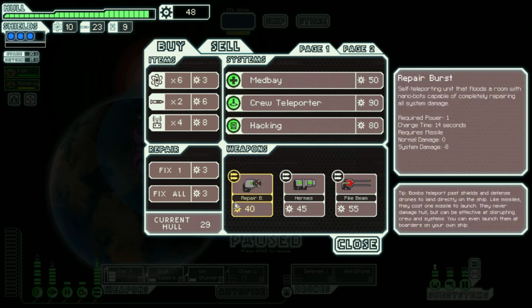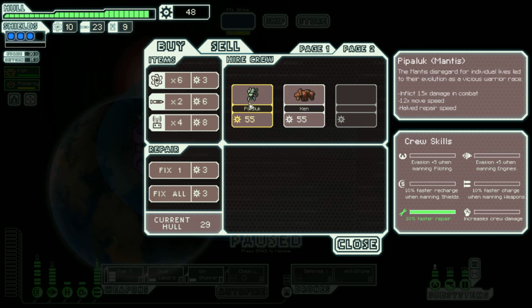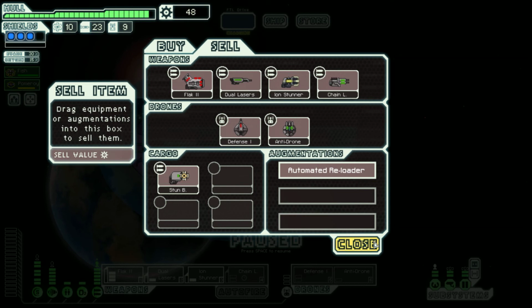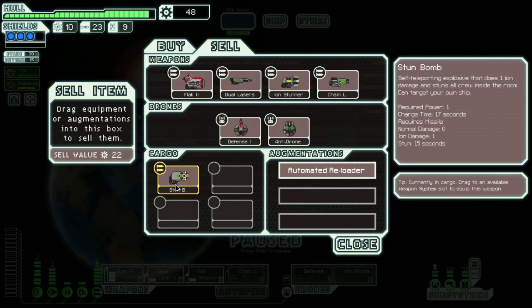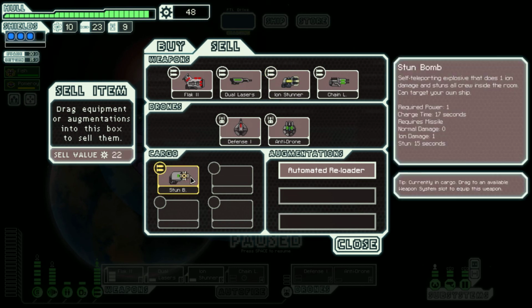So yeah, the store didn't really have anything we could get. The Rockman would have been nice, or well, even the Mantis for borders, but there's nothing we have here. We can, do we keep the stun bomb? No, we don't have a boarding party. The stun bomb is fantastic if you have a boarding party. What I like about it, it's a lot like the ion stunner, but if you look at the stun percent here, it's